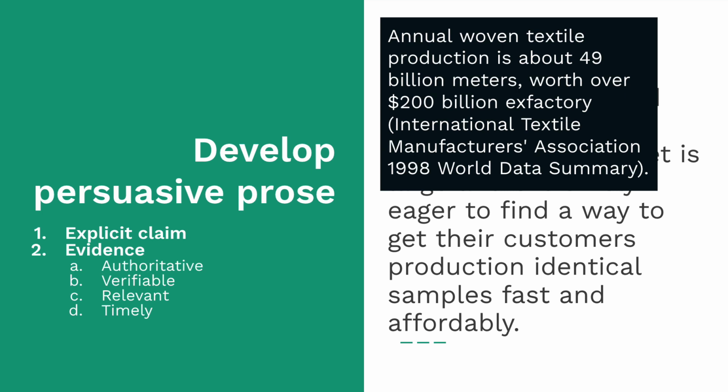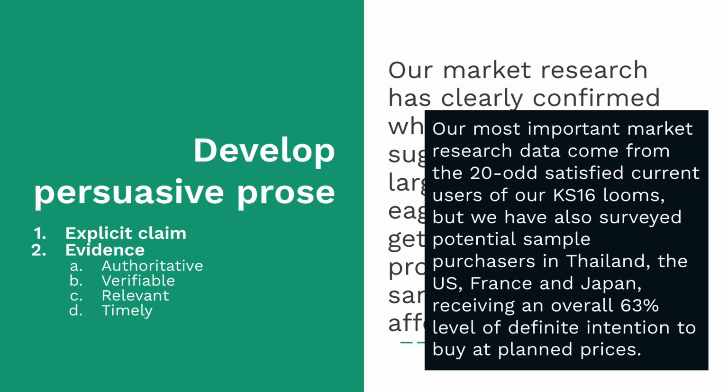I should note that the evidence is also relevant because textile production is a way of measuring the size of the market. This evidence is less likely to persuade readers who are using the peripheral route. As another example, if the writer adds the evidence shown in the second black box, the audience should be even more willing to accept their claim because the audience sees timely and relevant evidence that the market wants the business's